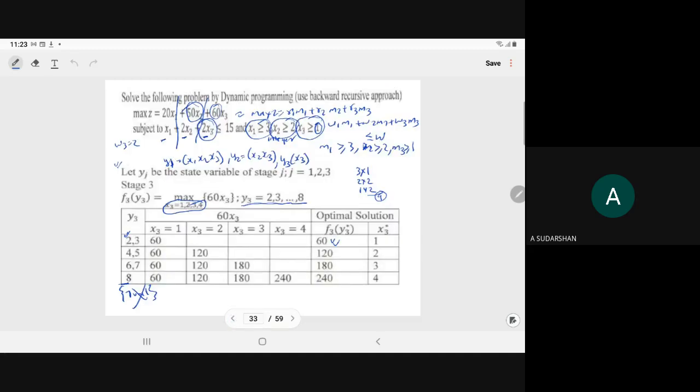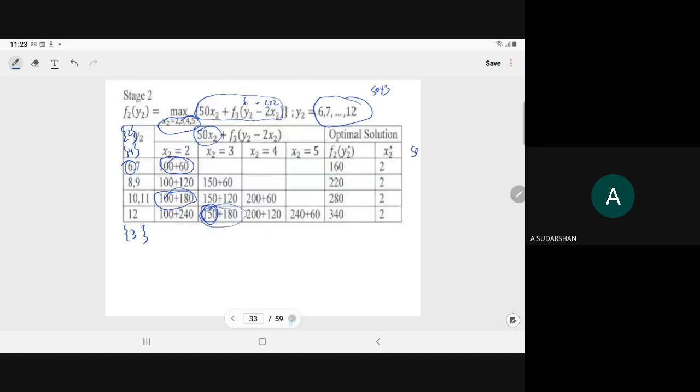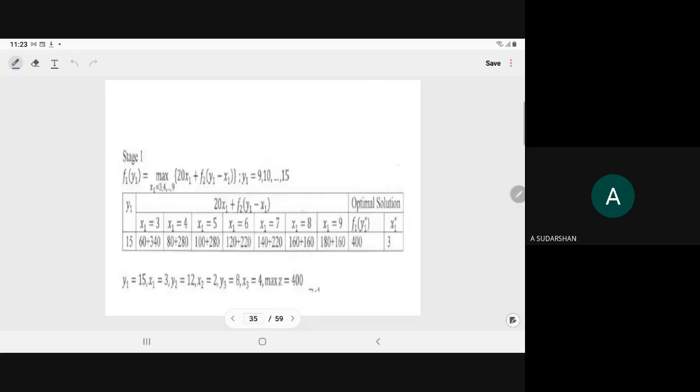So f3 of 6 from here, it is 180, right? So here we write the 180. This 180 we write here. So the optimal values of objective function 2 corresponding to state variable y2 are 160, 220, 280, 340, and it is corresponding to alternatives 2, 2, 2, 2, 2. Clear this part? Now, for the stage 3,